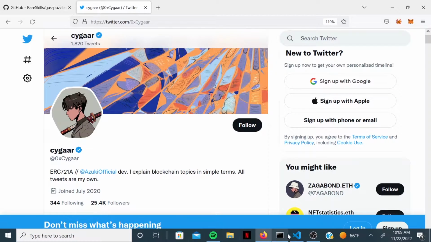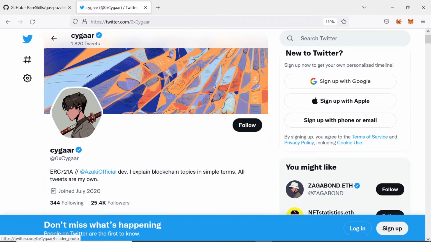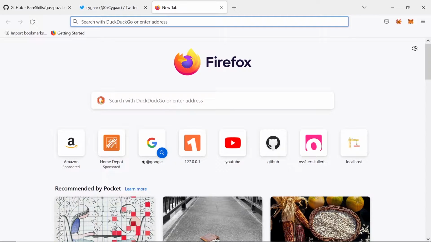And like before, again, I'm not a pro when it comes to this kind of stuff. I'm just following his Twitter thread and trying my best, reiterating it back to myself. So let's start. First things first, at first glance, we see that there's two variables, createTime and contributors. One of the very first things that Siger mentions is that